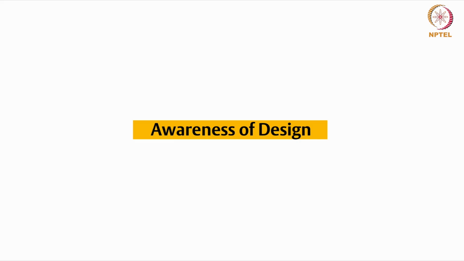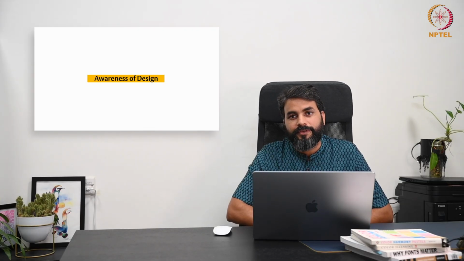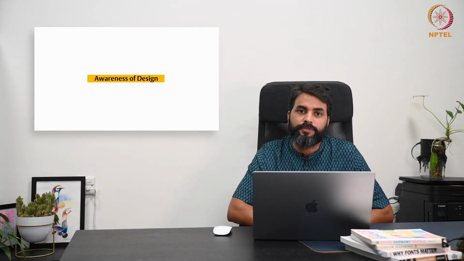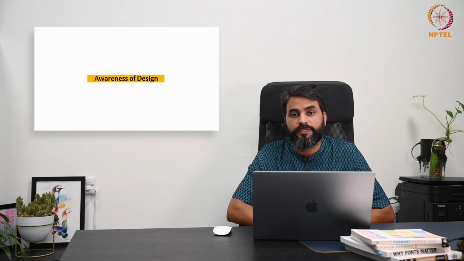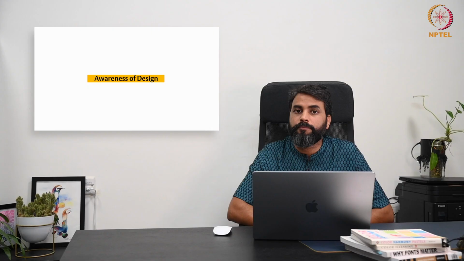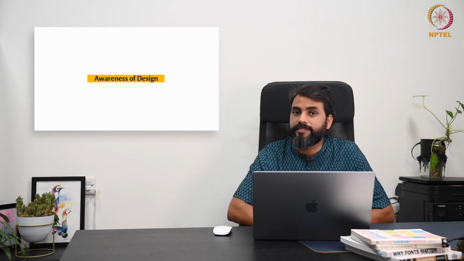Another aspect of a successful designer is his or her awareness about design. That means one should know the history. But any idea how it will help? If you look at it from a graphic design perspective, understanding history will help to develop a good visual design vocabulary, which can help to inspire and at the same time make you a little cautious of not repeating or replicating the existing one.